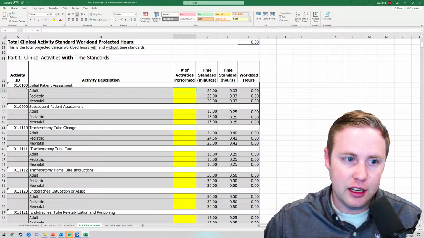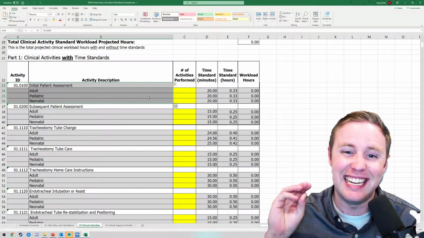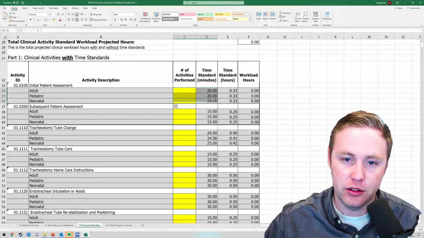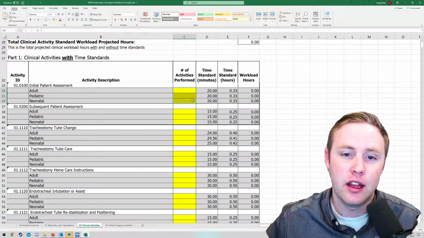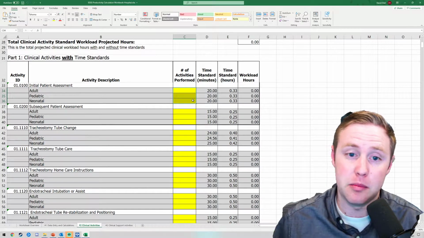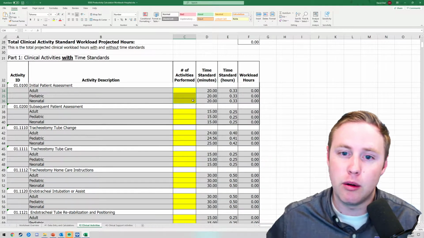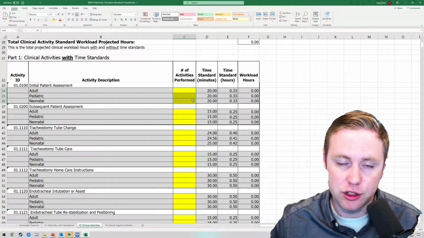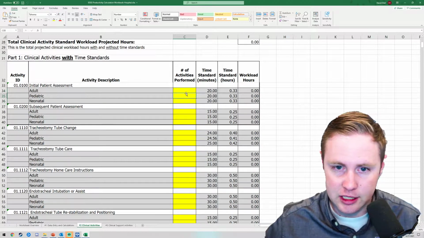You'll see that in each one of our activities, as well as the code and the adult, pediatric, and neonatal settings, we have our input fields. Now, these yellow fields are where data is to be entered. And the data is pretty simple. How many times was this activity done in the window that you are measuring? So, for instance, again, we're doing a 12-hour clinical shift, just one RT on board. Let's say that this RT did